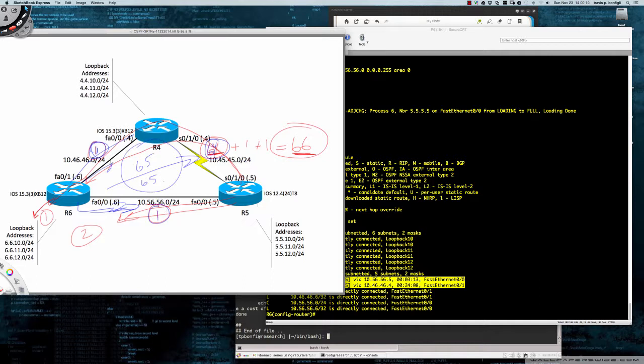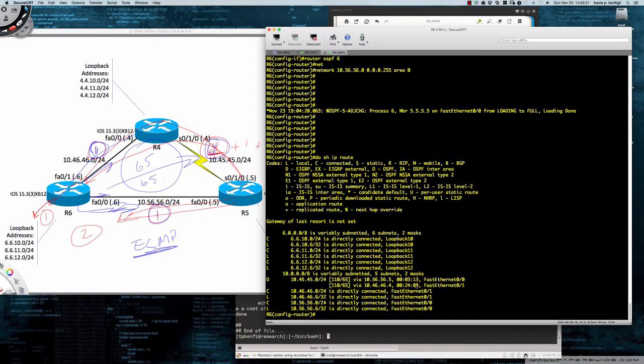We have 2 equal cost paths, right? So it's equal cost multipathing. So OSPF is also smart enough to know that if I have 2 equal cost paths, I can leverage both of those. So let's see if I do a trace over to